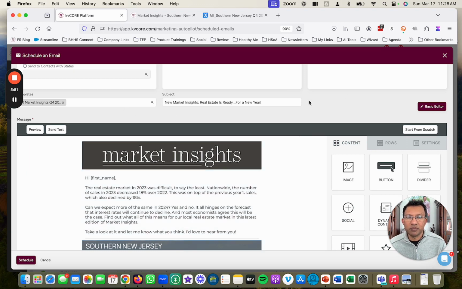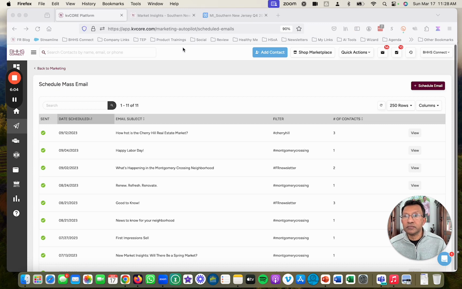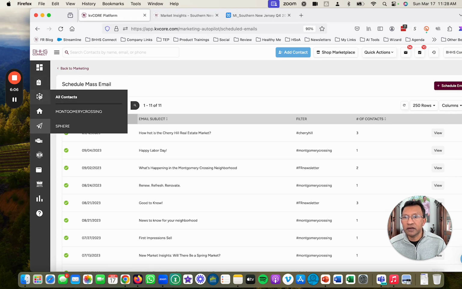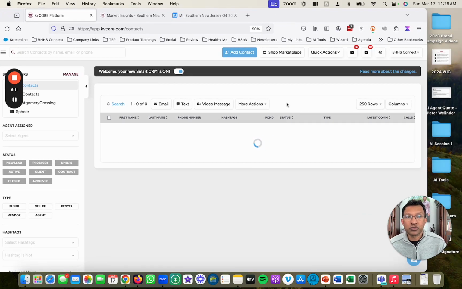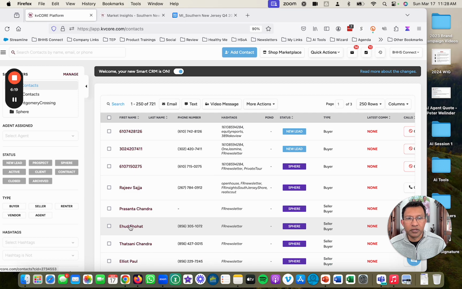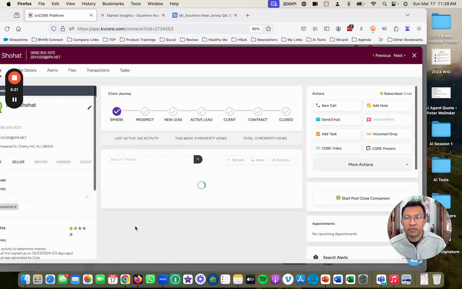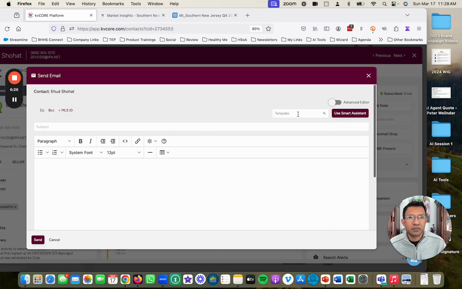And this week's weekly tip is all about finding the set it and forget it campaigns. You can go to schedule mass emails. Let me show you another place you can actually see this as I wind down my video. Okay, so if I can move to the left, there we go, all contacts. When you're at a contact level, let's say you want to send it individually to a contact, anywhere you can create an email, the templates show up. So for example, if I were to pop into that and say send email, same concept,